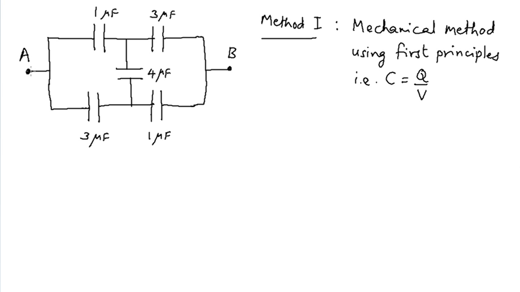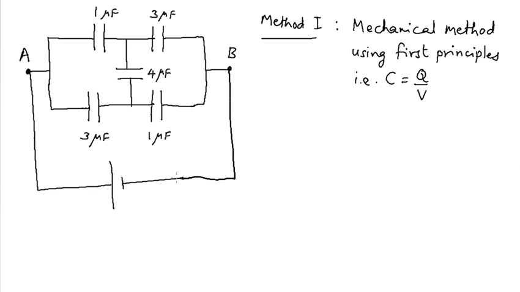In this method, since we have to find the capacitance across A and B, we connect an external circuit across those terminals, and the external circuit will only contain an ideal battery having EMF, that is potential difference, equal to V. Clearly, once the circuit is made, the battery will supply a charge to the circuit, and a charge Q1 flows in this branch of the circuit, a charge Q2 flows in this branch.